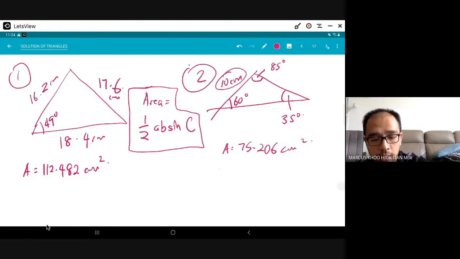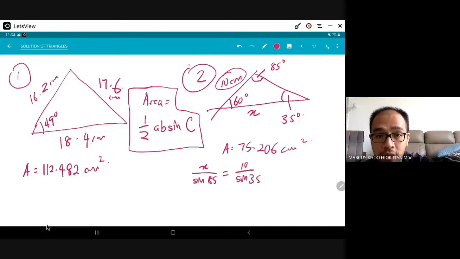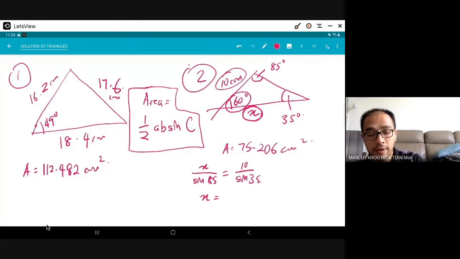Okay, and then she said x over sine 85 equals 10 over sine 35. Okay, excellent, very good. So this is x. If I want to use this angle, I need to have this side. So how to find this side? We use the sine rule. And you will get the value of x equals, okay, this one I'll do, divide by sine 35 times sine 85. So you will get the value x equals